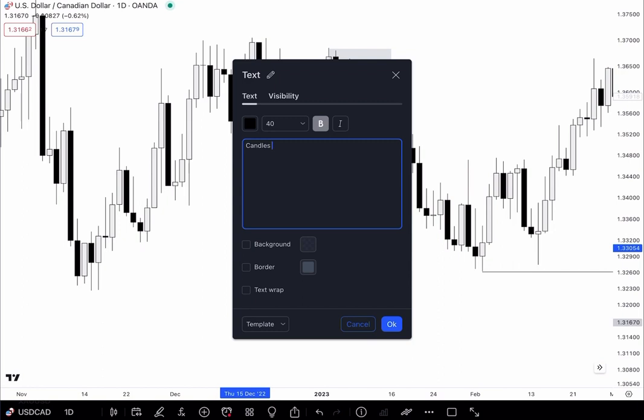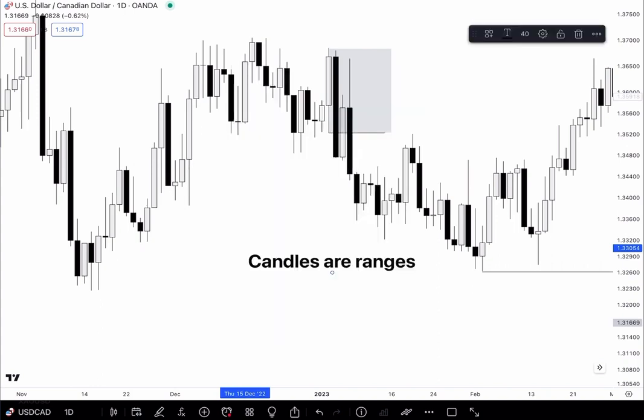So candles are ranges. And I hope you're taking notes, by the way, because I talk a lot. There are different styles of teaching. I talk a lot, and I'm expecting you, the listener, to take notes. Otherwise, you're in trouble, because I will point out the important stuff, but if you don't take notes the first time, you're probably going to end up taking notes the second or third time, or you're going to be forced to listen again to understand. So take notes and listen properly the first time, and you will be good.